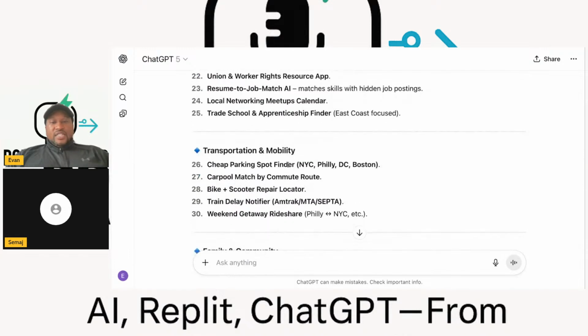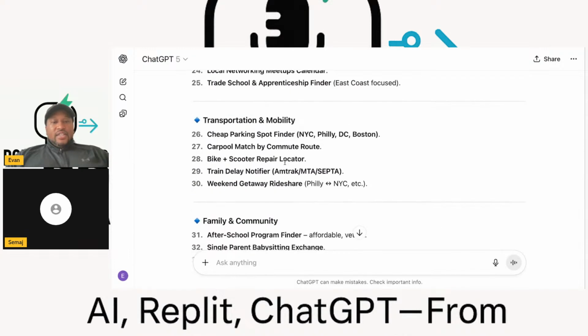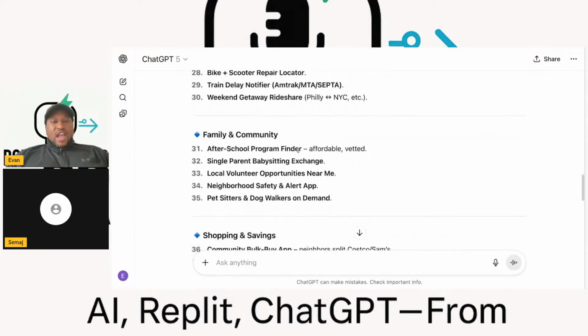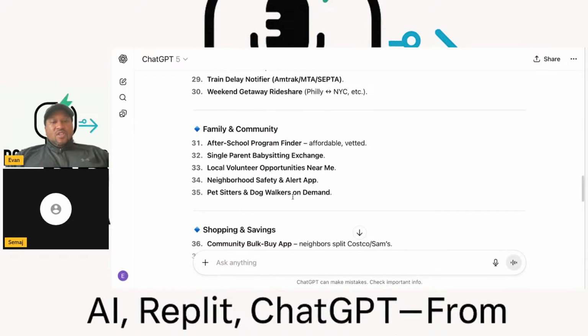Let's see, cheap parking spot finder, carpool match, bike and scooter repair locator, train delay, weekend getaway ride share for family and community, after school program, single parent babysitting exchange, local volunteer opportunities, neighborhood safety and alert app, pet sitters and dog walkers.